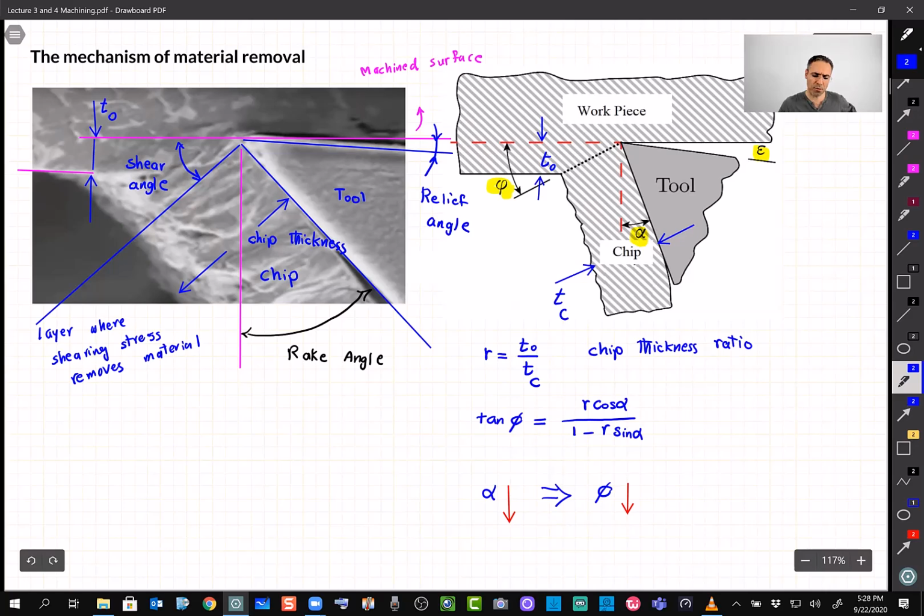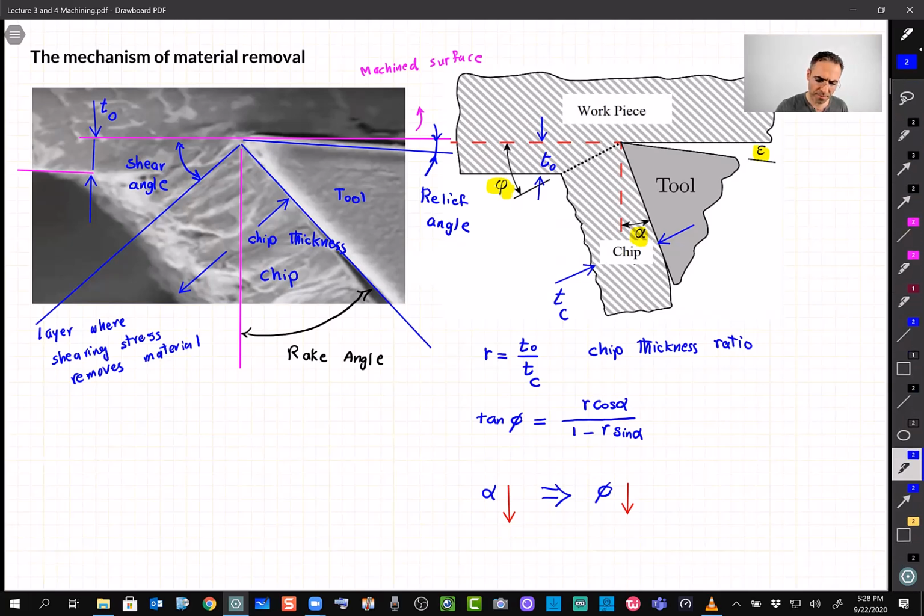TC and T0 are obvious, and the ratio is T0 over TC. This phi, which you guys asked about, as I said, is not necessarily perpendicular to the surface, like this shear line. It can be any angle, which we can calculate now. How do people calculate phi? Let me write it down here. Like in practice,